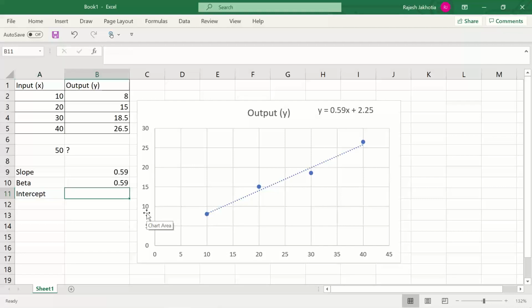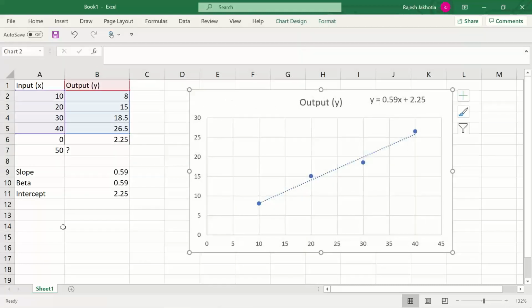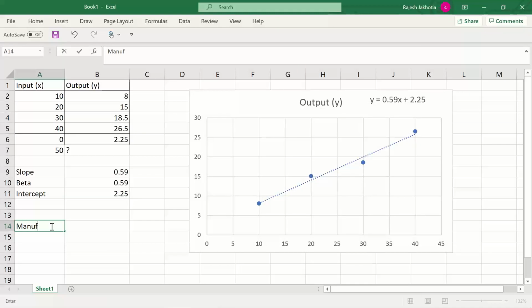What do you mean by intercept? Intercept is what the value of y will be if x is 0. If x is 0, the value of y will be 2.25. Now, if you relate this problem to a manufacturing setup, then you will say, how come I have output when there is no input?